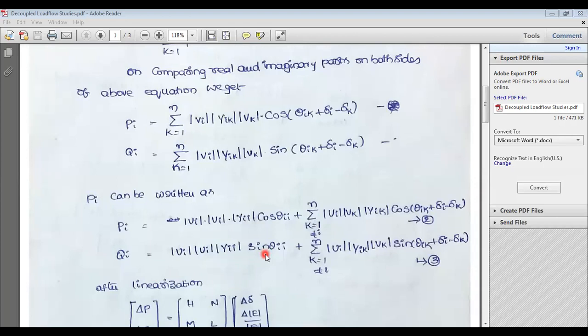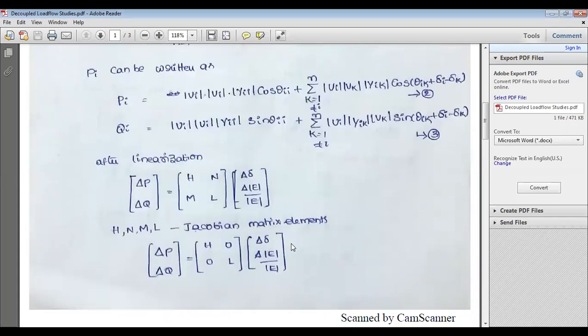After getting these two variables Pi and Qi, see here I have used a term, after linearization. What do you mean by linearization? We are not giving that much importance to the linearization, we are just writing down the after linearization. But as far as the linearization is concerned, the partial derivatives allow us to approximate the functions just like ordinary derivatives.